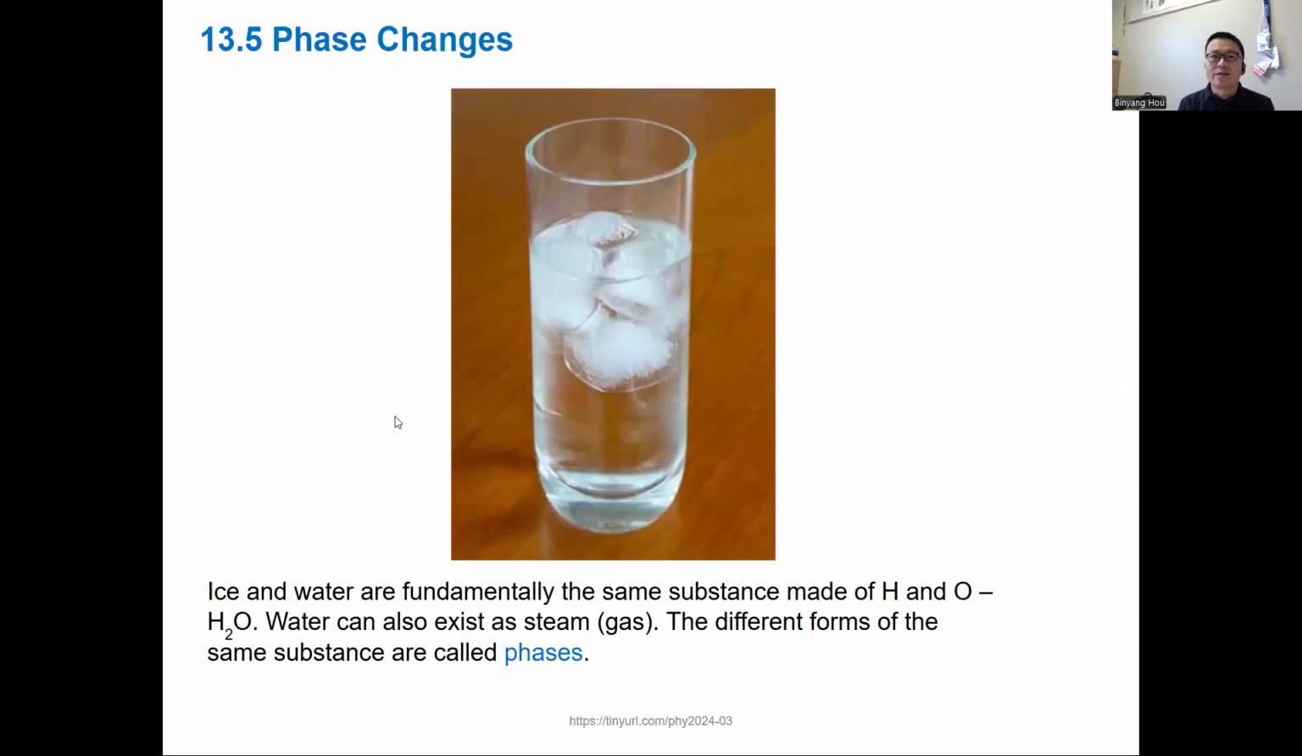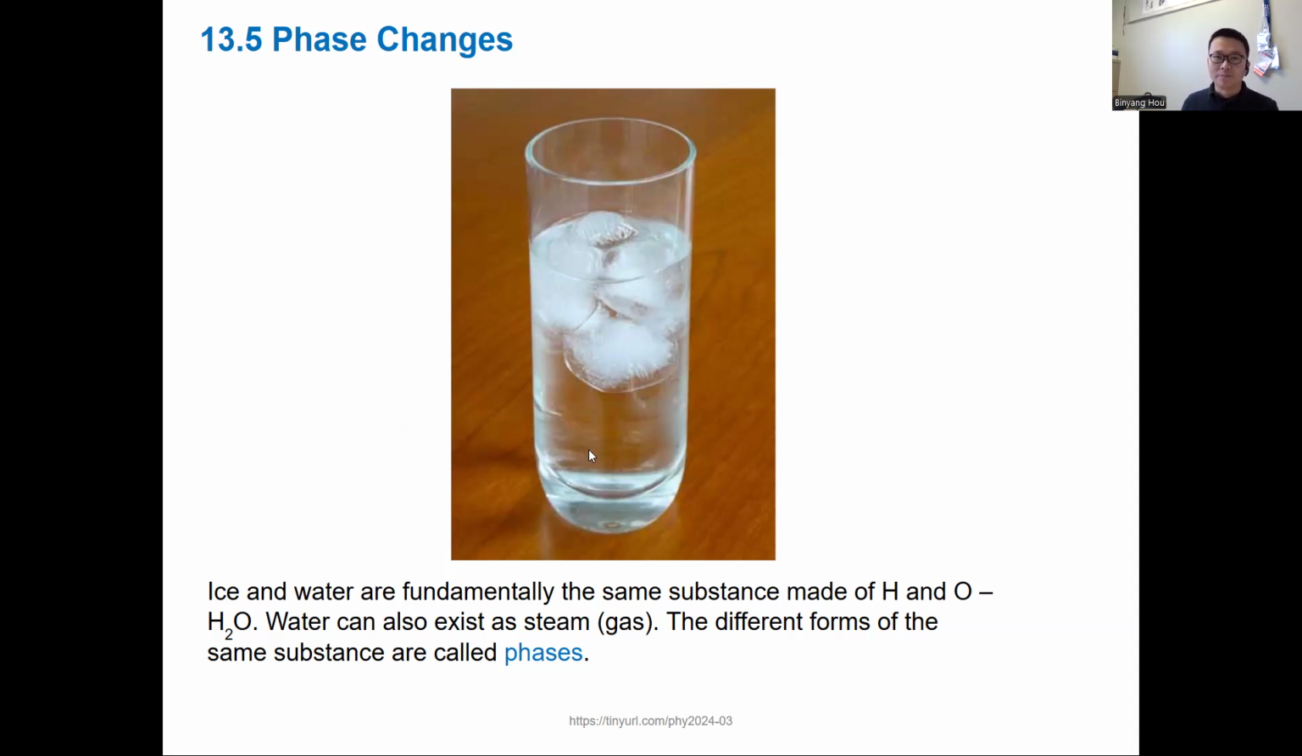The last couple of sections in chapter 13 are really just, I would say, a review of what you have learned already in chemistry. So we all know that substances or materials have different phases. The common one, water, that we are, or at least we think we are, very familiar with,